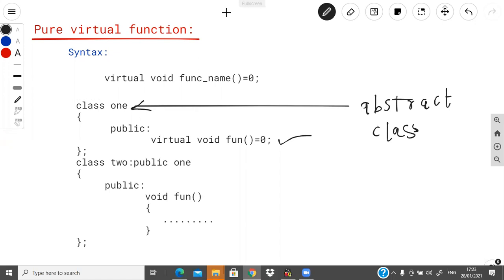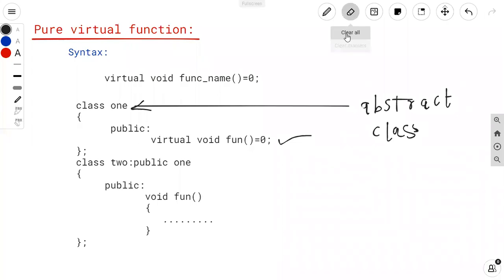Next one is the object copying concept. Next concept, object copying.